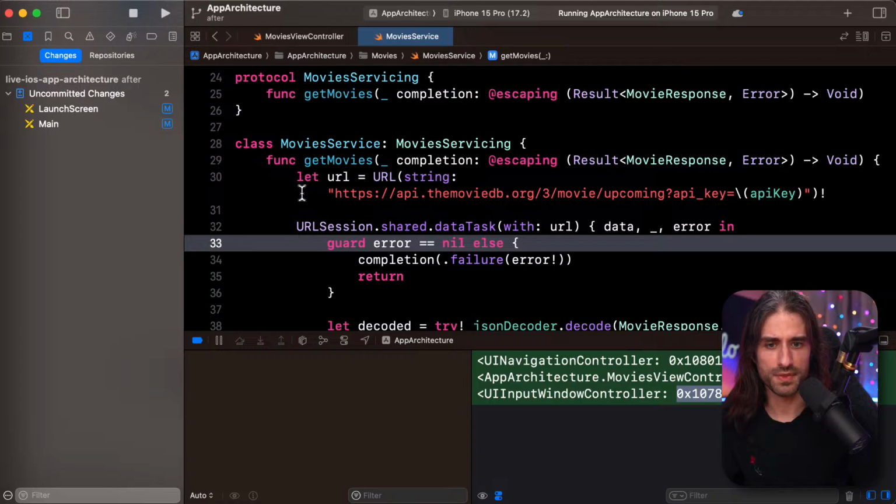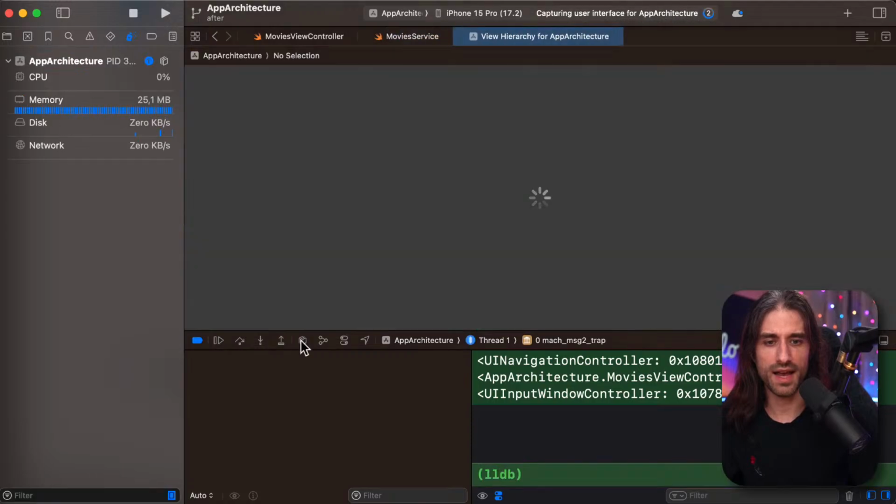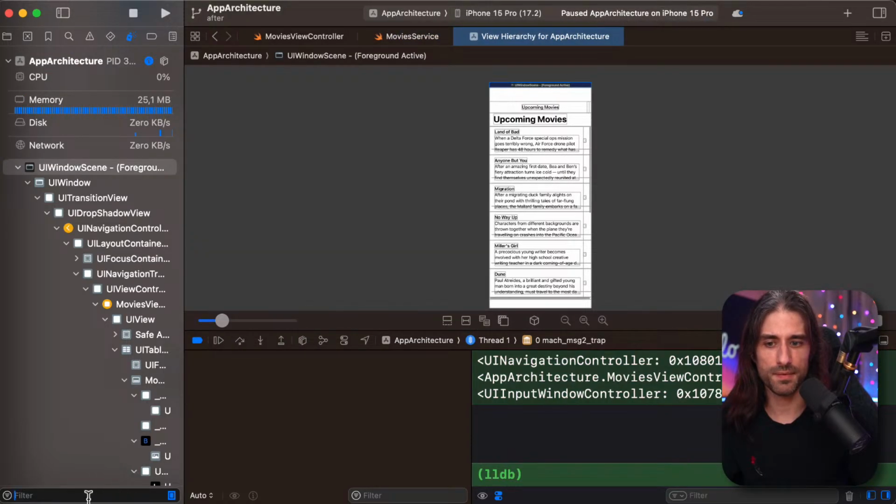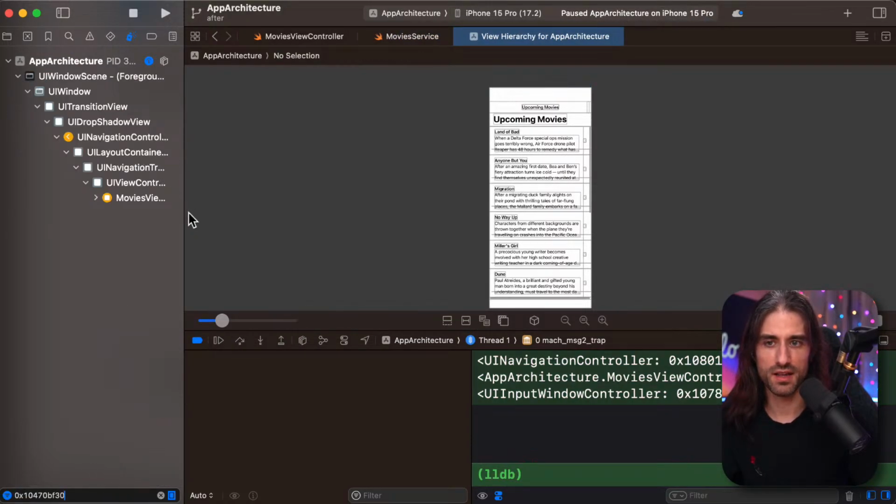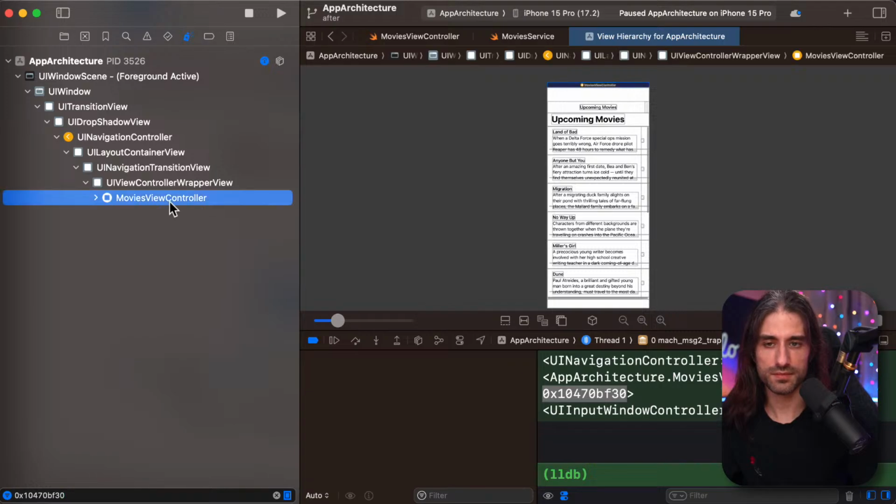What I can do is copy the address of this view controller right here, the movies view controller. Then I can capture the interface of the app, and I can paste the address here, and you can see that I have it. It's the only one that stayed visible.